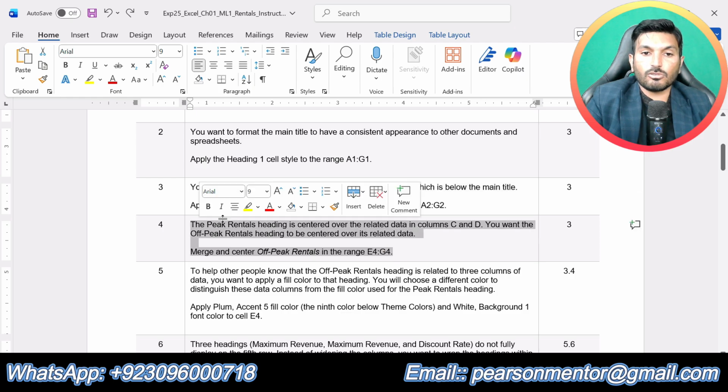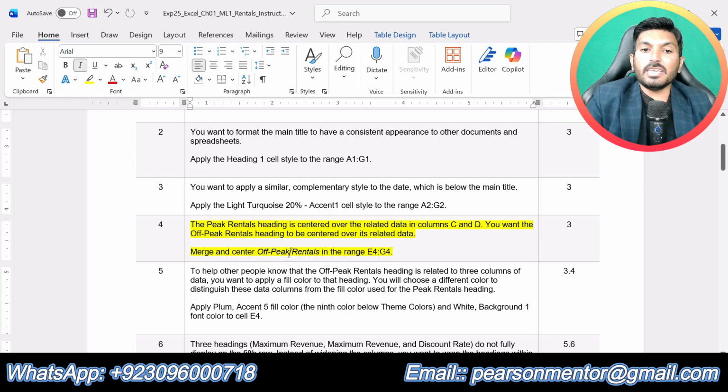So now let's do step number 4. The peak rentals heading is centered over the related data in columns C and D. You want the off-peak rental heading to be centered over the related data.